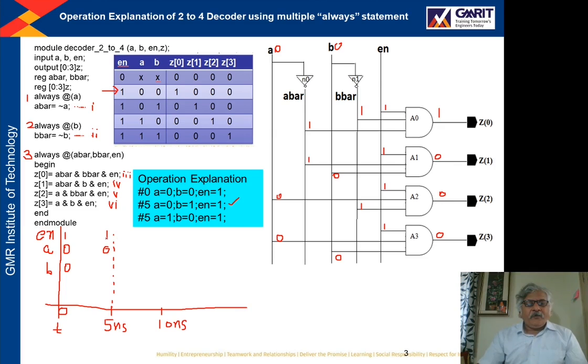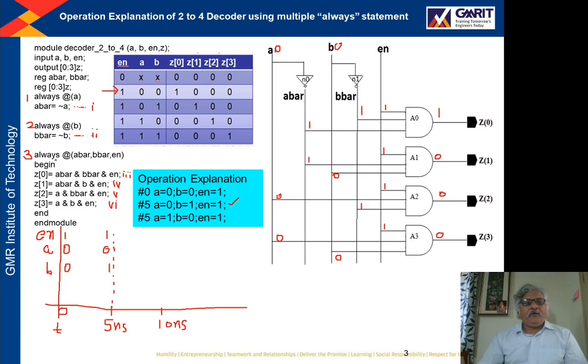Since there is no change in the value of enable at 5ns, and no change in the value of A at 5ns. The value of B is 1. So at 5 nanoseconds, an event occurred on B, right? There is a change in the value of B.